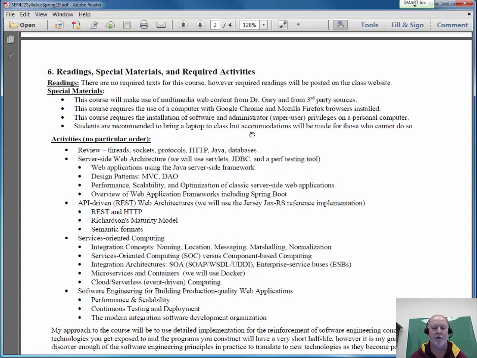You're going to be installing something called Tomcat. You're going to be installing Spring Boot. You're going to be installing other open source software. You're going to be using Ant and Gradle probably. You're going to be using Docker later in the semester and related tools, and I expect that you know how to install tools to manage them. The other thing I'm going to mention about tools while I'm on it is